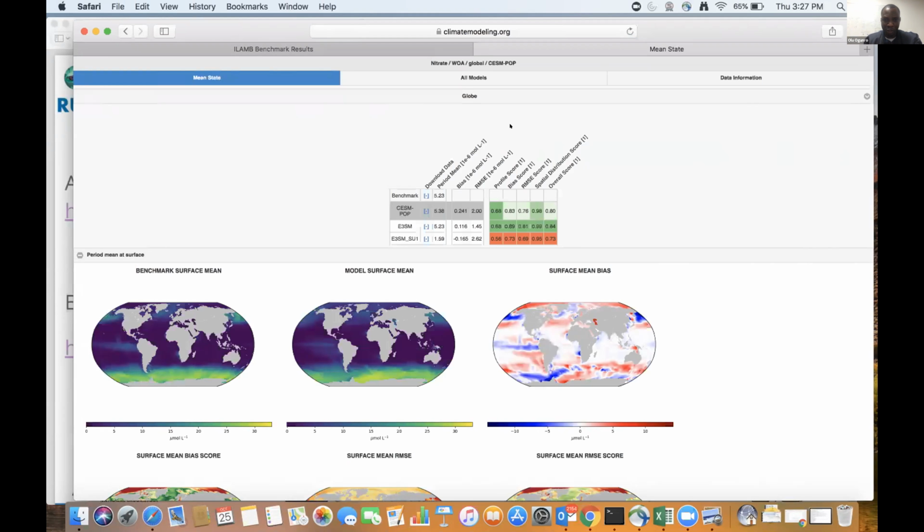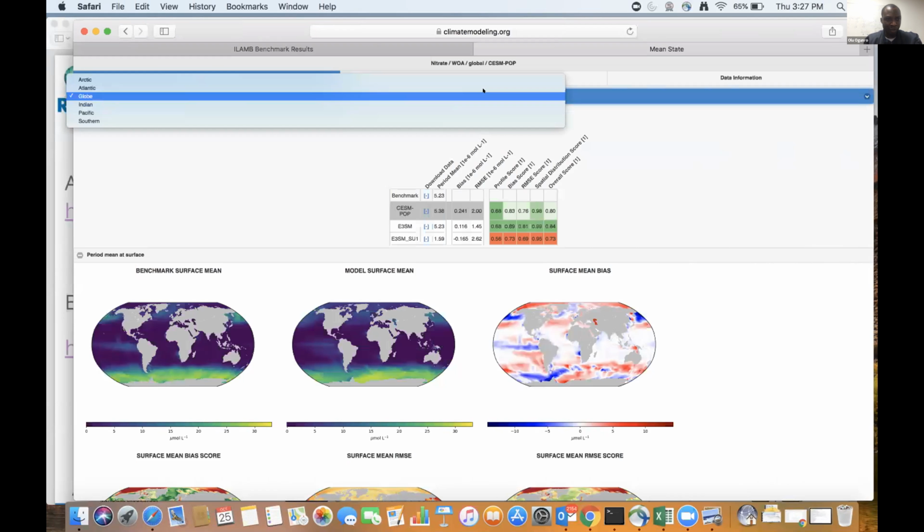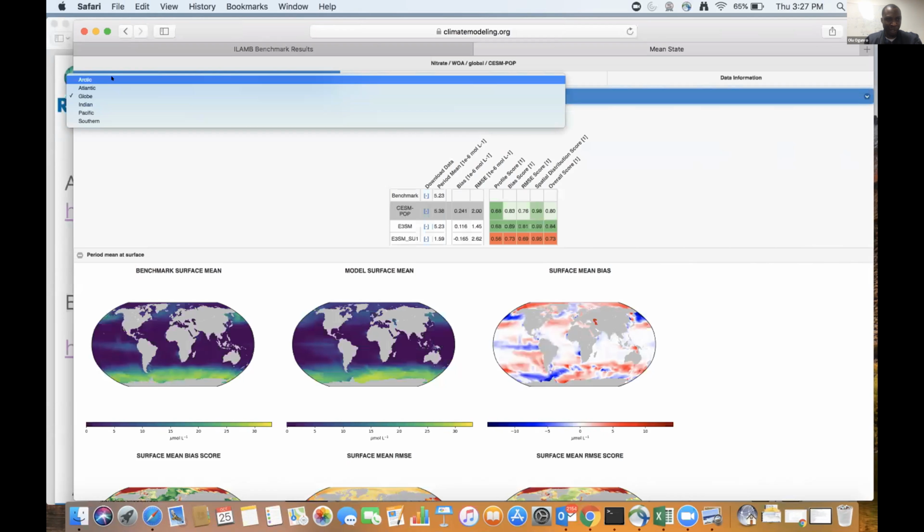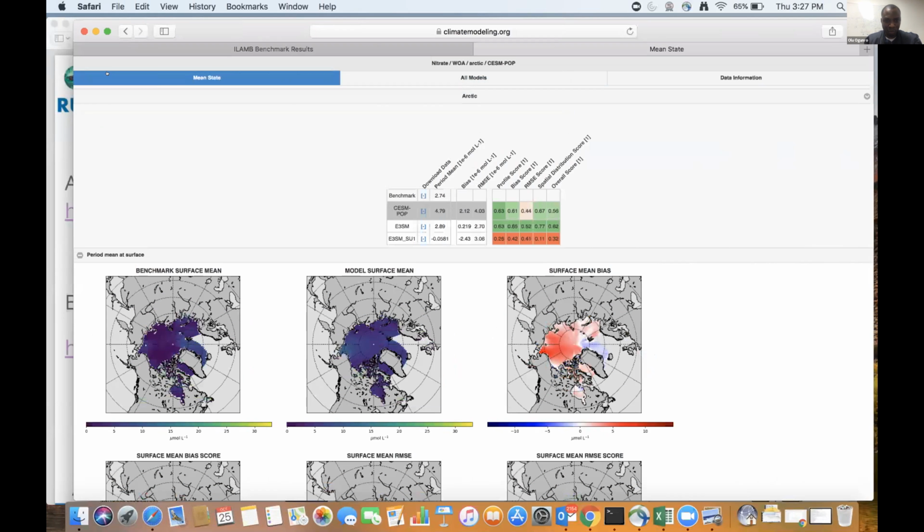So one thing I like to do, because this is mainly for the Arctic, is, we have globe over here, but you could click on this and then look at all the drop down. So you could say, all I'm interested in is just the Arctic. Then that gives you exactly what is going on in the Arctic. Let's see if I can reduce this. Okay, so that gives you an idea of what is going on in the Arctic.